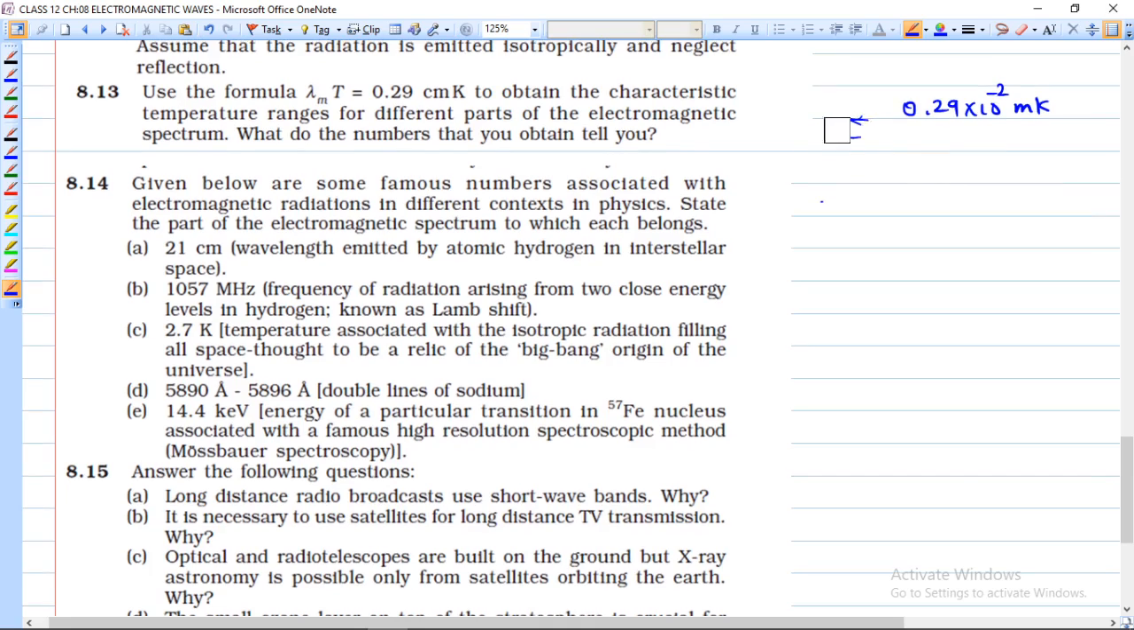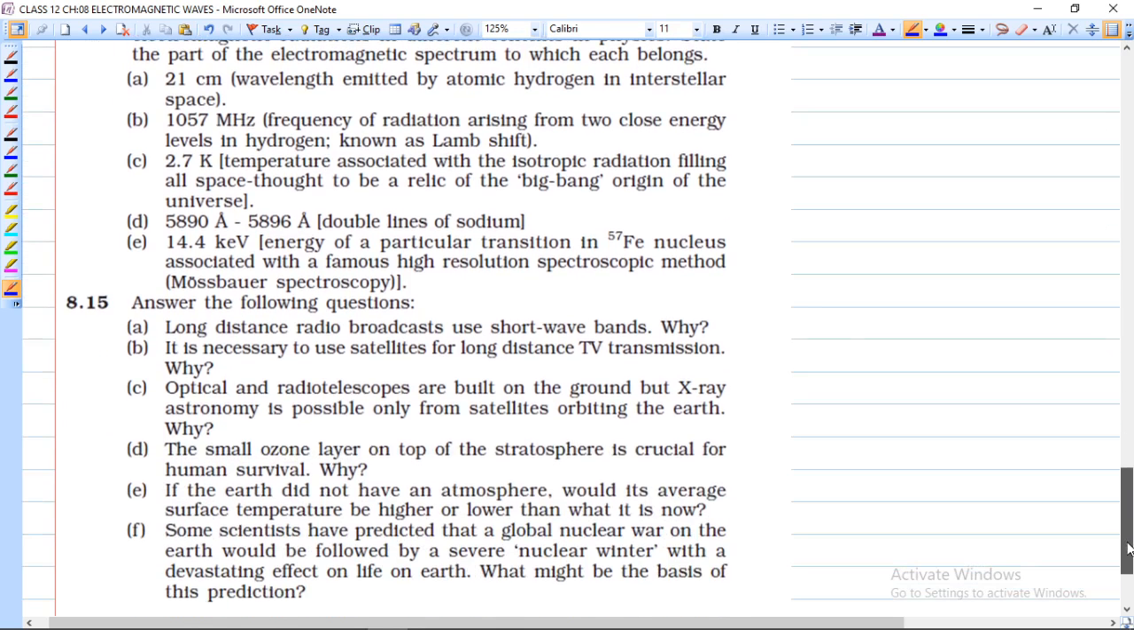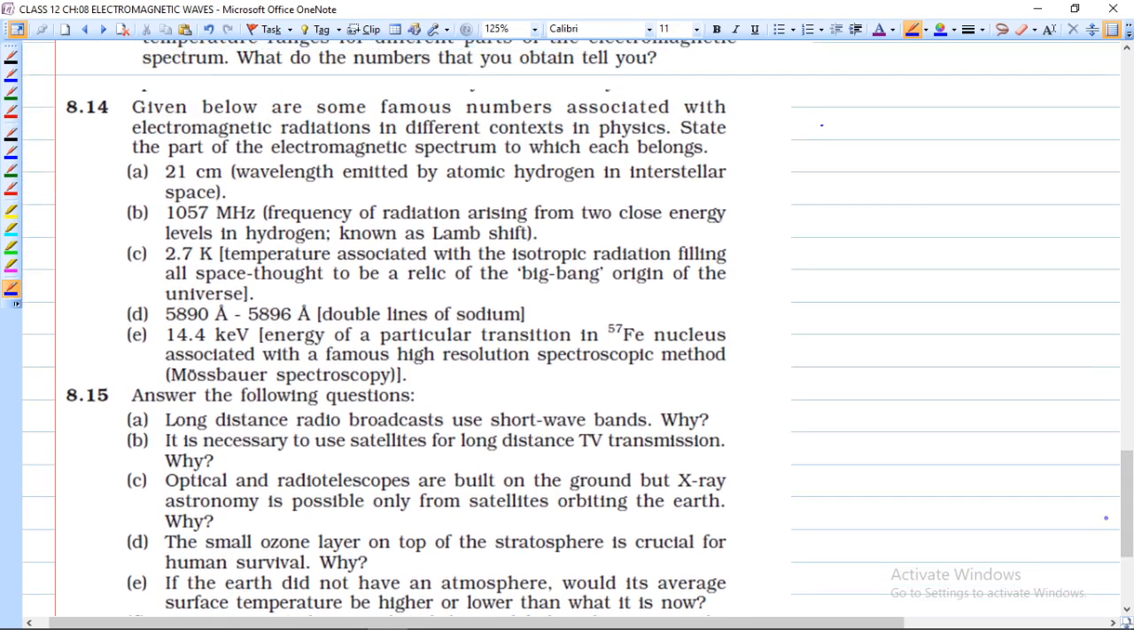ओके, अब जो इक्वेशन सॉल्व करने जा रहे हैं वो प्योरली इंफॉर्मेशन बेस्ड है बच्चों, आपको वो अच्छी तरीके से याद रखने हैं, ठीक है. Given below are some famous numbers associated with electromagnetic radiation in different contexts of physics. State the part of the electromagnetic spectrum to which it belongs. कहने का मतलब क्या है कि ये कौन सी वेव में आते हैं, ये हमें कहना है, ठीक है. देखो वेवलेंथ रेंज अगर आपको पता है तो आप बोल सकते हो, पहला है 21 सेंटीमीटर, 21 सेंटीमीटर ये हो गई रेडियो,